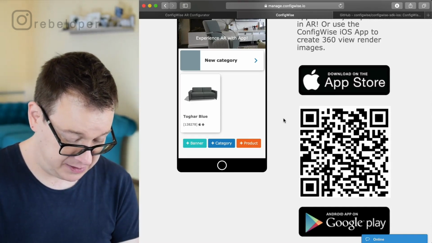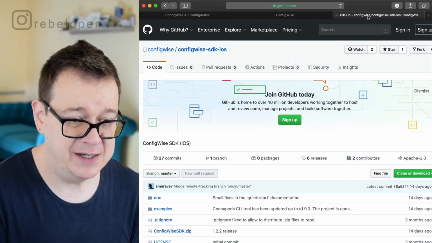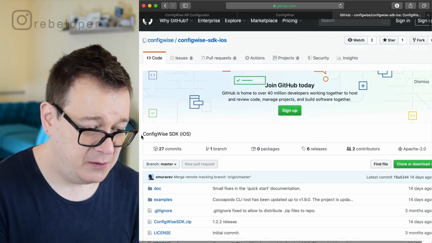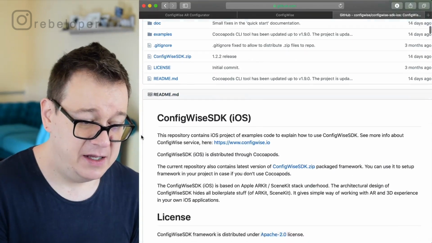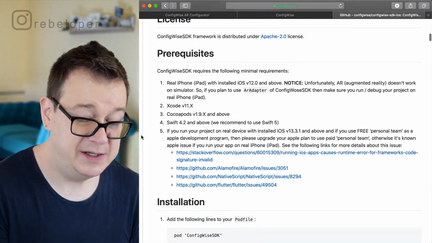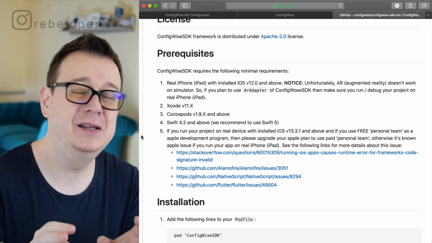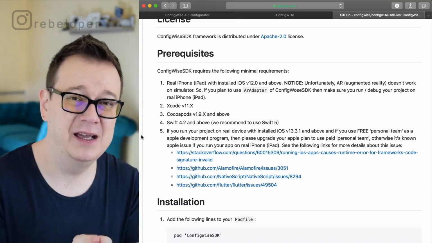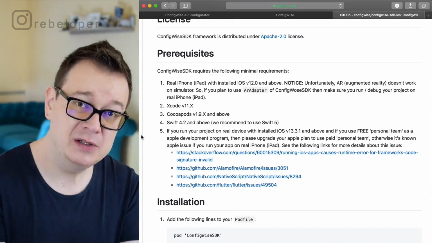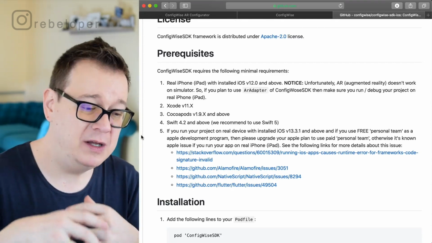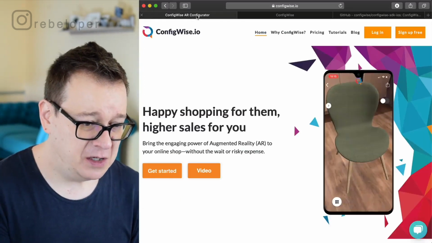So let's just move out of here and let's take a look at the iOS SDK. We are going to use their SDK, and of course we are going to use their examples because there is a lot of code involved, but you have to do this only once. We are just going to copy and paste some files here and there, and most importantly I will explain to you what all of this really is. Okay, so first of all, let's go